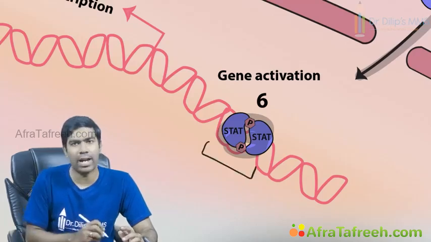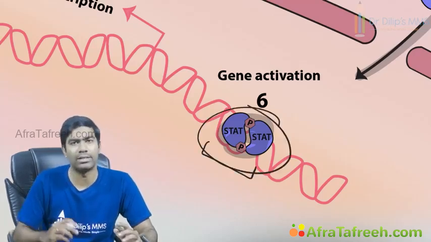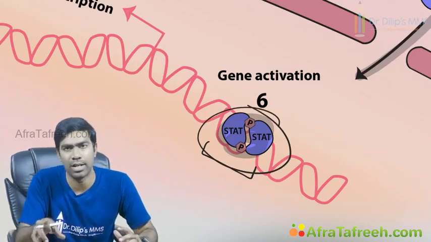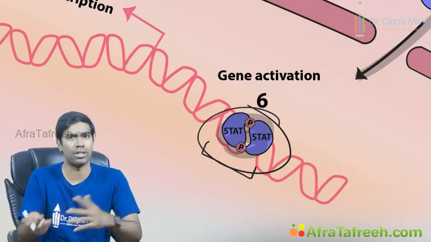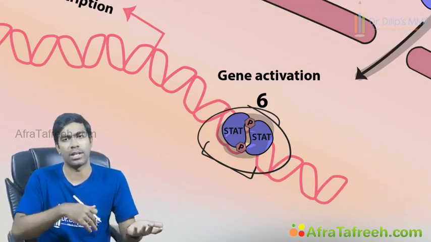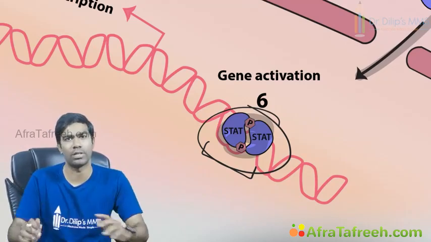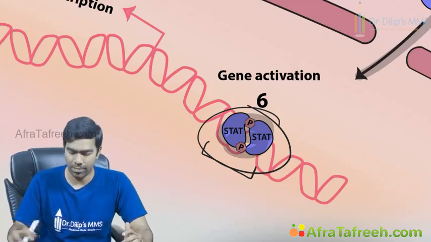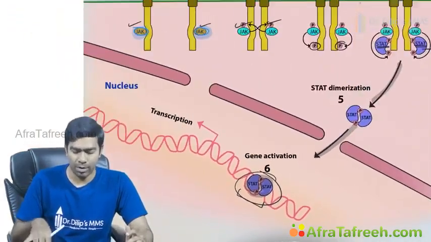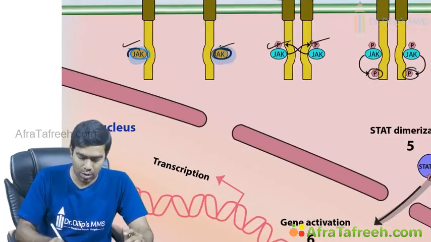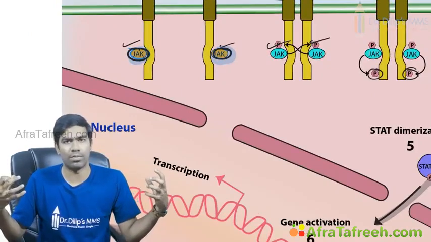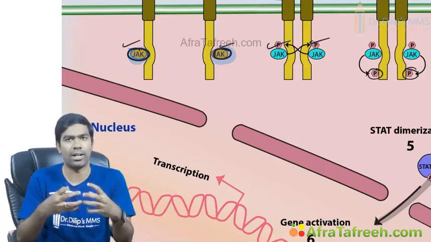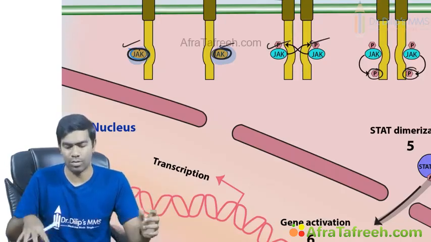So they go and activate certain STAT responding regions in the DNA and the gene, so that they can either increase or decrease the transcription, which means they can either increase or decrease the genetic expression of certain proteins which are necessary for that particular function. Clear? So why is it called a JAK? Because you can see you have two heads of JAK attached to these two receptors which later dimerize. Clear? So this actually came from a Roman god called Janus.